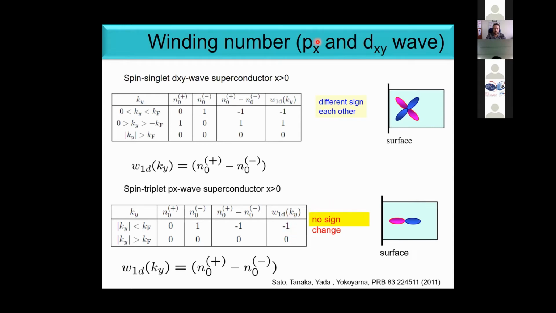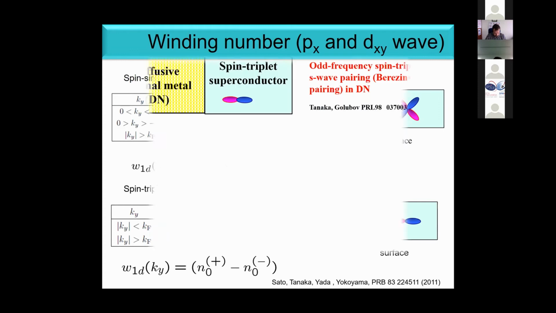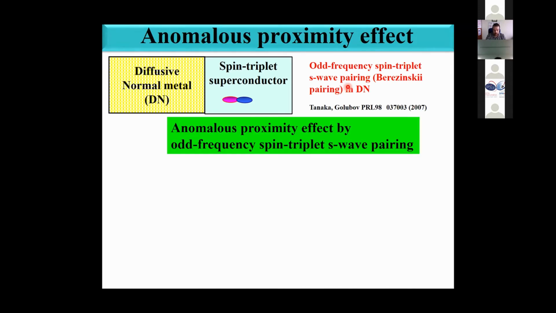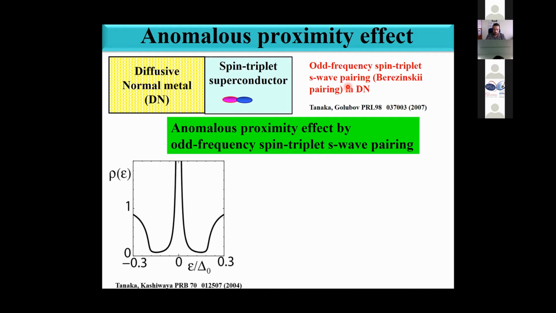So how does this qualitative difference appear in the actual condensed matter physics? This is an important issue. For this purpose, so-called anomalous proximity effect is very suitable. Actually, we have clarified this in collaboration with Sasha Golubov. If we consider spin triplet superconductor and attach diffusive normal metal, odd frequency spin triplet S-wave pairing, so-called Berezinskii pairing, is generated in diffusive normal metal. And the anomalous proximity effect is due to odd frequency spin triplet S-wave pairing, and it shows a very exotic nature of local density of states